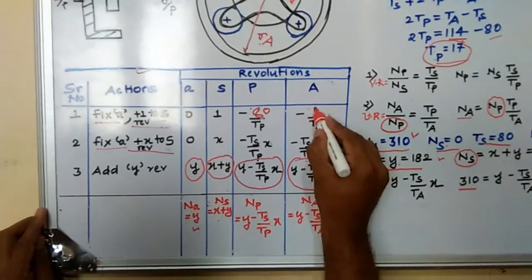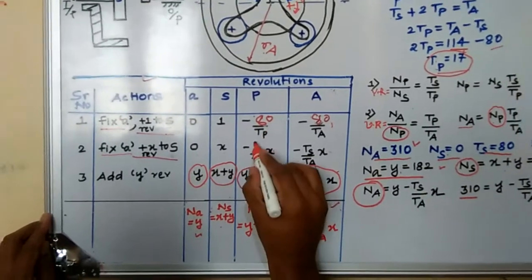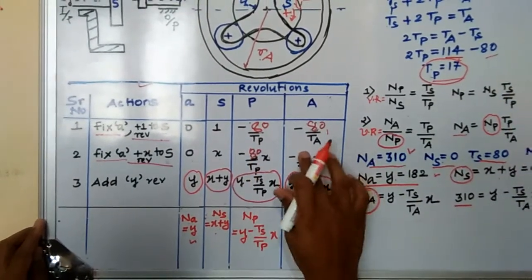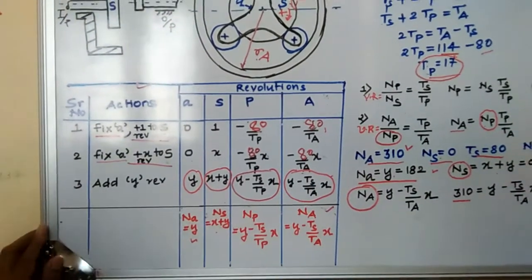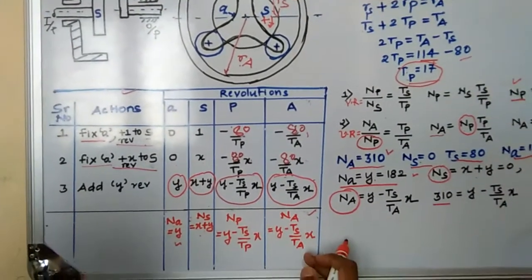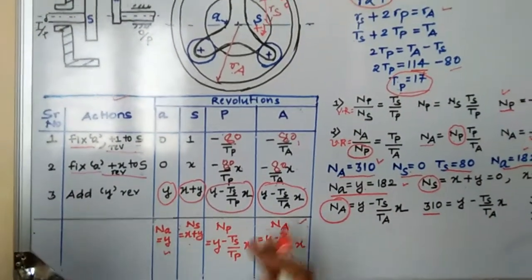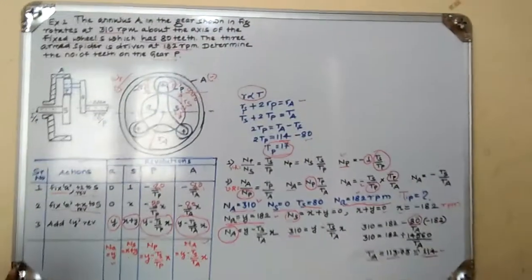Ts is given, so you can directly put the values here. Instead of writing this final, you can write the number of teeth here. This is also something you can carry out. Otherwise, finally you have to find this type of equation and put the values in. This is also one step. We can go either this way or that way. Previous examples, previous things I have already explained.